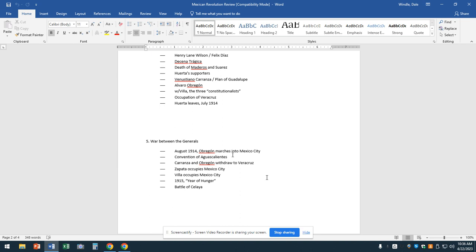It becomes pretty obvious that there are two predominant camps in the war. One that are sort of moderate bourgeoisie types who want democracy but don't want to destroy capitalism. The other camp is more, no, we want redistribution of wealth. That is sort of Zapata and Villa, whereas the moderates are Obregon and Carranza. But everybody fights everybody. Then Villa and Zapata successfully occupy Mexico City.